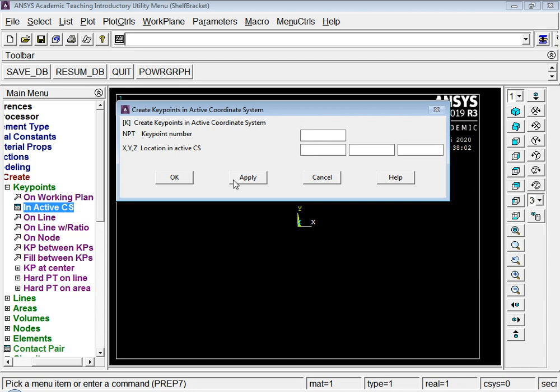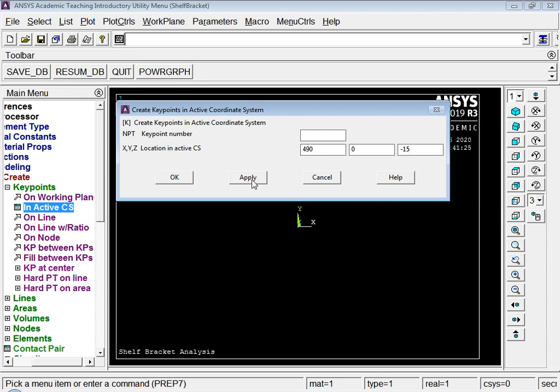If I just click on apply, it creates the first key point. Then I will write here 490. Y I will keep as blank, or I can also write 0, and z I will take as minus 15. I'll say apply.